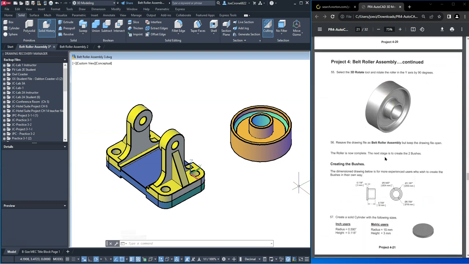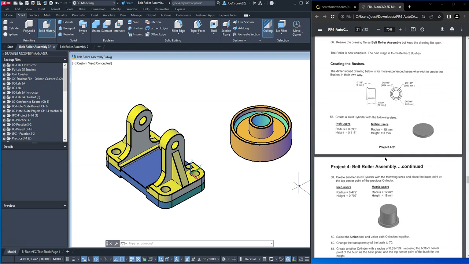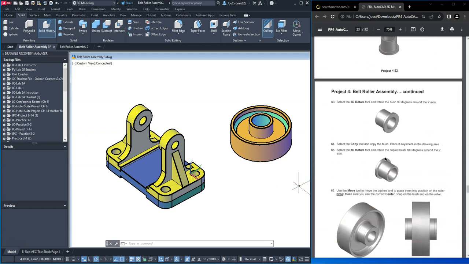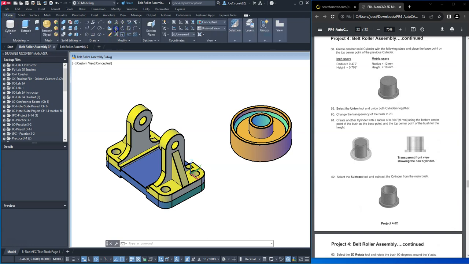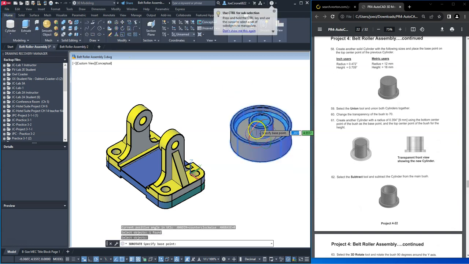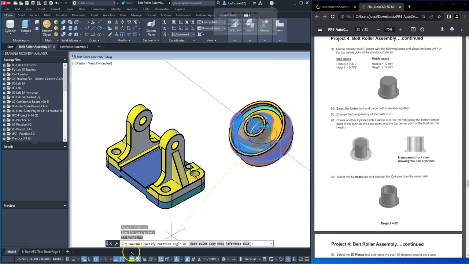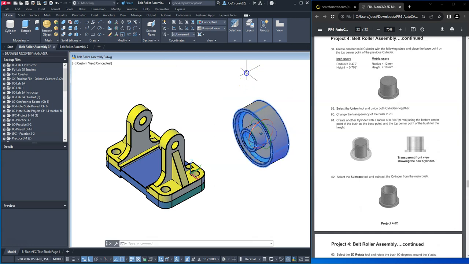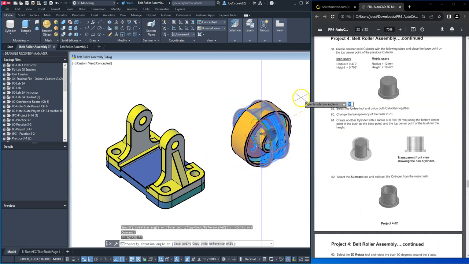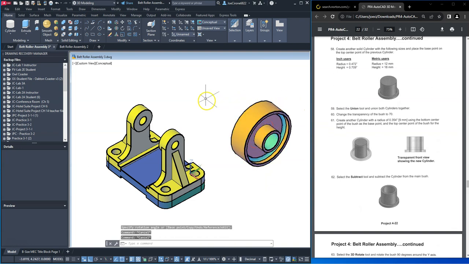All right, we'll 3D rotate this into place, and then we'll create the bushings. You can use ortho. This is ortho right here. And then you don't have to worry about it walking or being a degree off. There we go. And now we'll create the